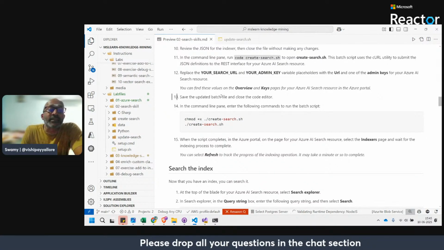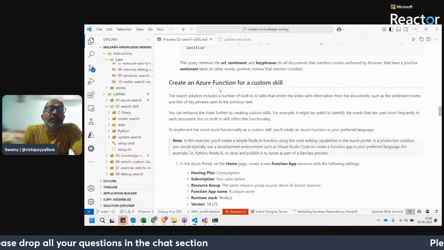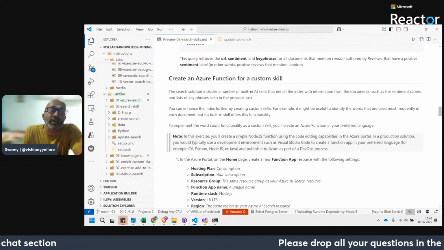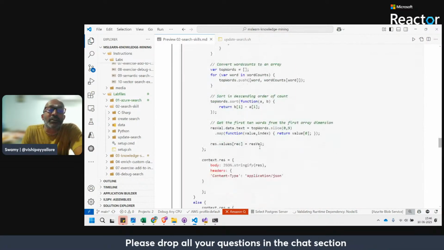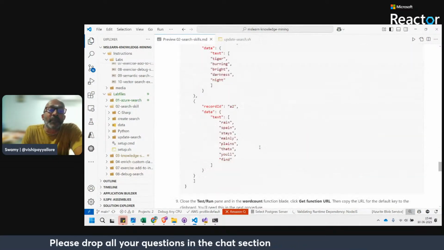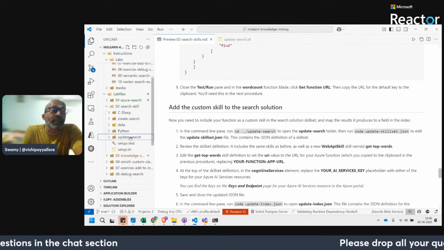When we created the search, and then additionally we created the Azure function to have the custom skill. We saw this was there, and creating the search inside the update command.